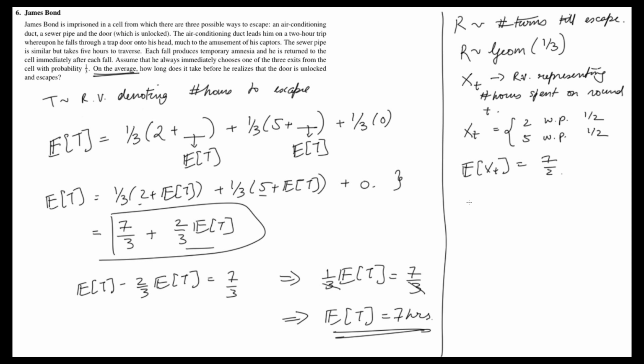So now we want to find out the expectation of the sum from i equals 1 to R of X_t, right? That's what you're trying to find, or rather R minus 1, because he fails in the Rth round. How do you do this? So this is going to be equal to the expectation of X_t for any given t times the expectation of R minus 1. This might seem like a stretch, but what you can do is easily prove this by just using the formula for expectation.